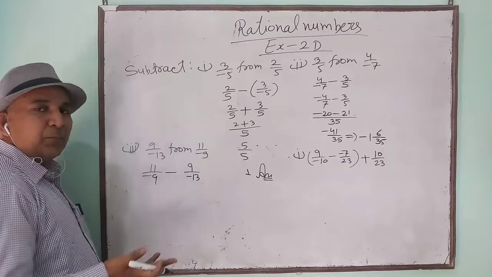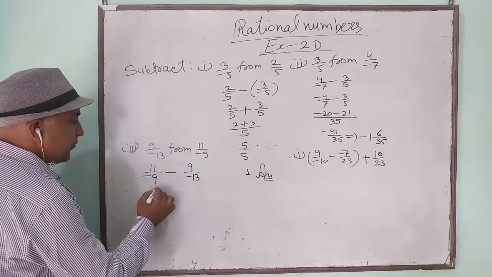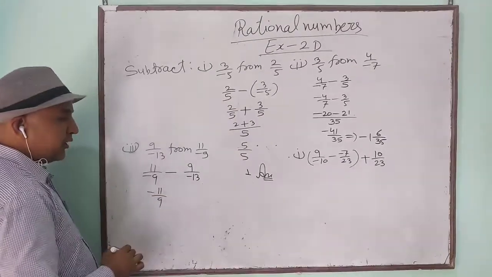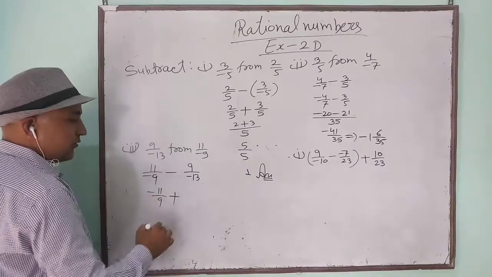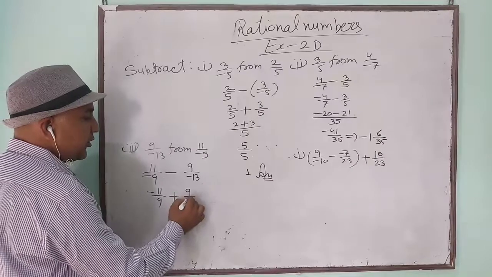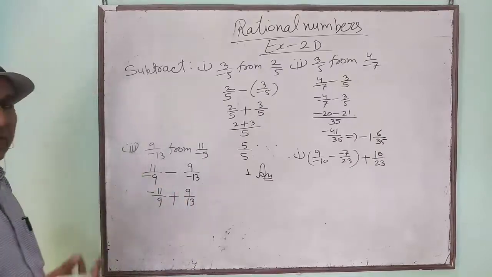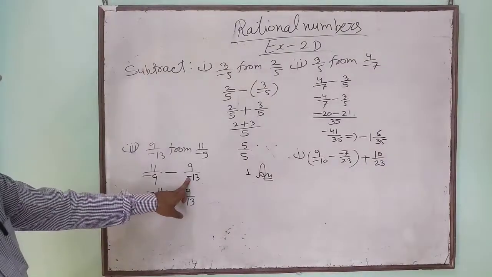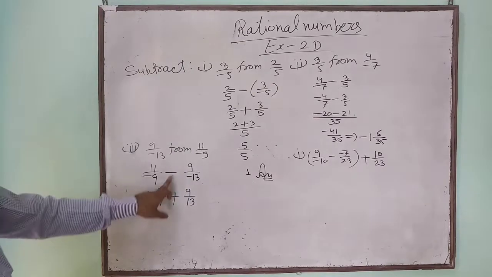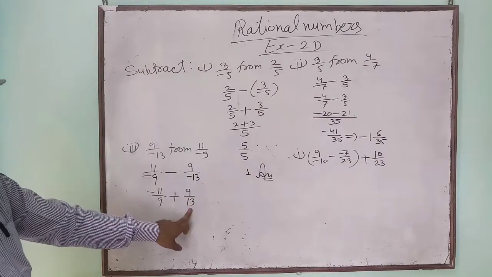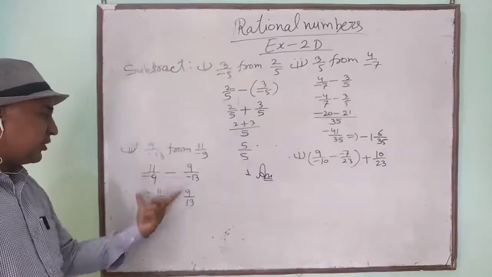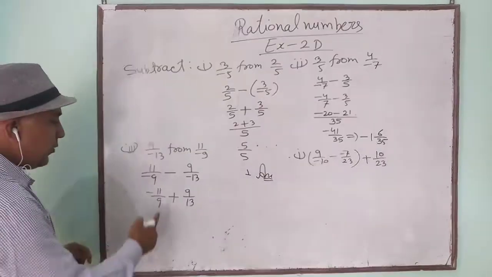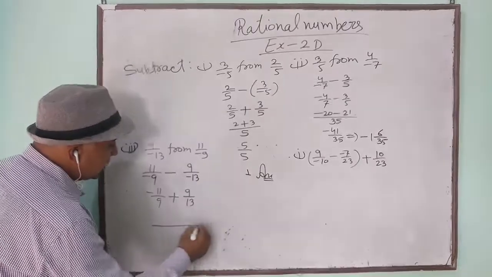So we will make it positive first. It will be minus 11 upon 9. Here this minus will be multiplied with this, so it will become plus. And here the denominator will become automatically plus. When this minus is multiplied with this minus, it will become plus, and 13 will also be positive. Understood? Our aim is to make the denominator positive. Now, LCM of 9 and 13 is